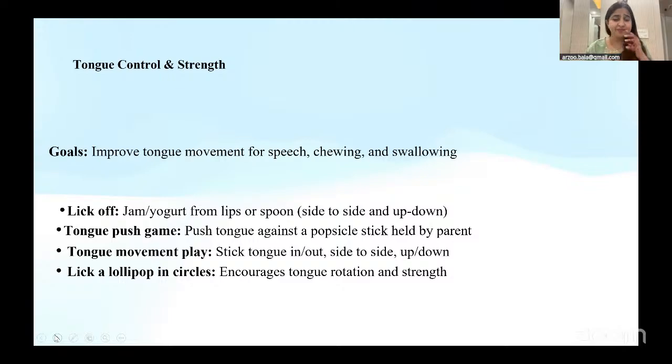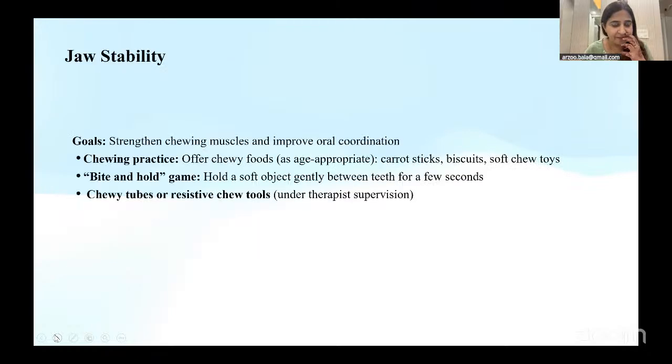Tongue exercises, again doing a lot of tongue exercises where you are using yogurt and tell them to lick from here. इससे बहुत अवेयरनेस भी आता है बच्चे को, है ना? We do sometimes push game. I give them कई बार एक stick and I tell them, oh push push push, can you push with your tongue? Tongue movements करवाइए बच्चे के। लॉलीपॉप दे दो इधर, उसे बोलो सर्कल से इधर लेके आए। तो इस तरीके से आपने बच्चे को एक्टिवली माउथ के अंदर कुछ एक्सरसाइजेस करानी है। Though I think in the jaw stability, jaw